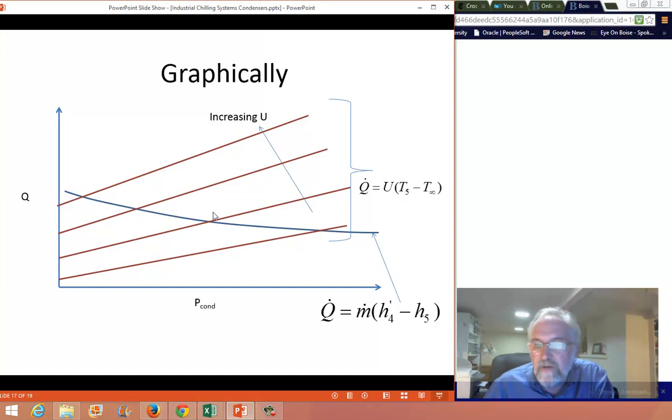So imagine, for example, you're sitting here at this equilibrium point where these two lines intersect, and the outside temperature goes up. That means your approach goes down, and the condenser pressure has to increase until you get to an equilibrium point, and I'll say maybe it's this equilibrium point. So we're at a much higher condensing pressure,